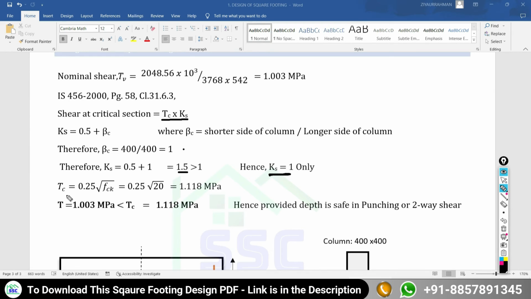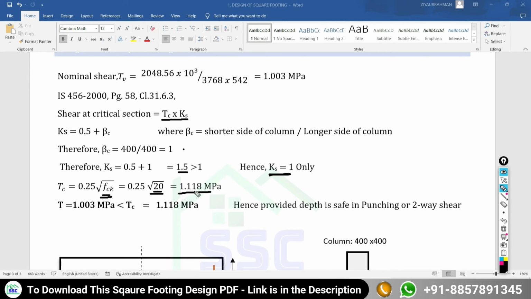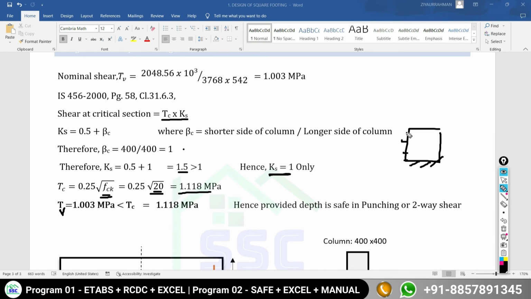Put all of these values. So it is going to become what? Tau c is equal to 0.25 square root of fck. Your characteristic strength of the concrete is 20. So when you put this value, the final tau c value you get is 1.118. And here the nominal shear tau v is equal to 1.003,